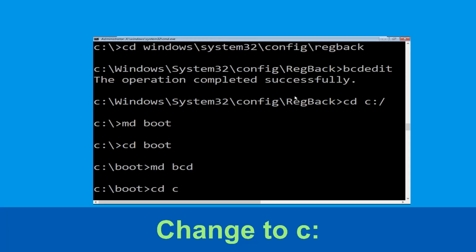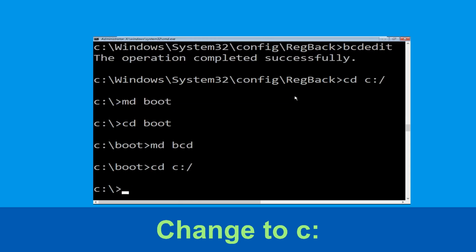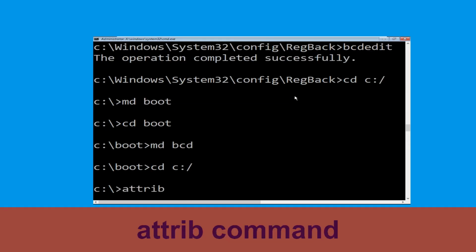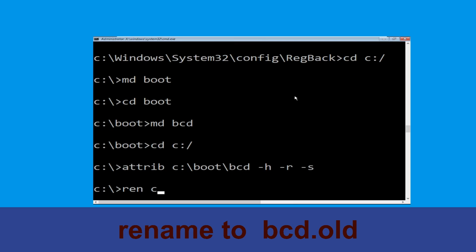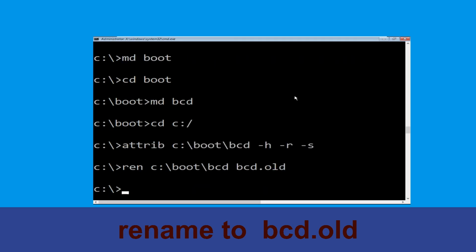Type cd space c:/ and hit enter. Now execute this command. Type attrib space c:\boot\bcd space -h space -r space -s and simply hit enter. Now execute this command. Type ren space c:/boot/bcd space bcd.old, then simply hit enter to execute this